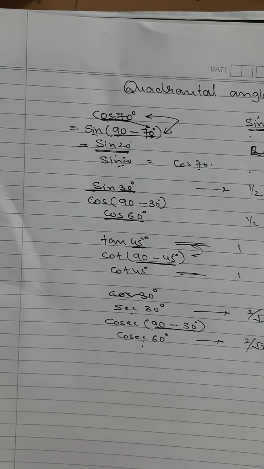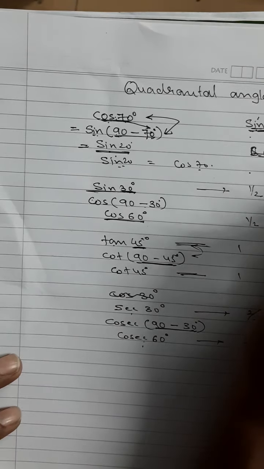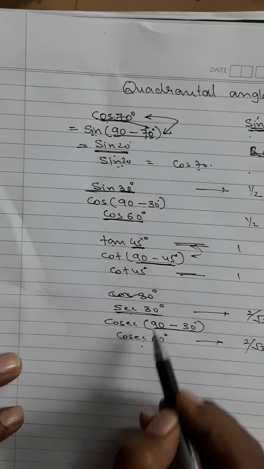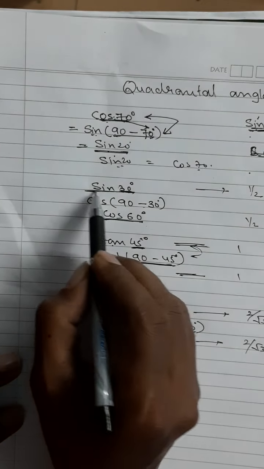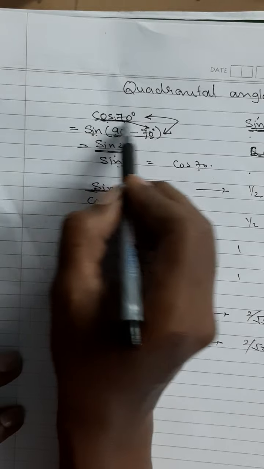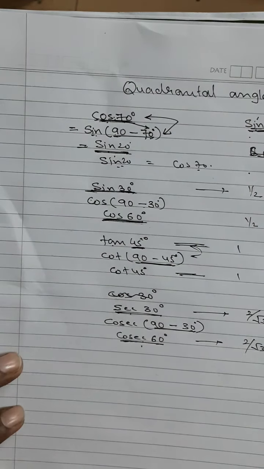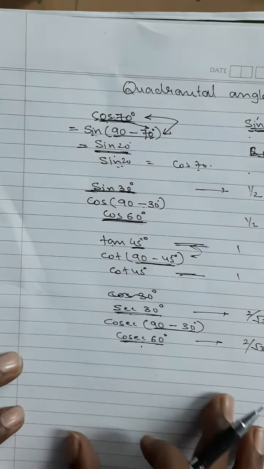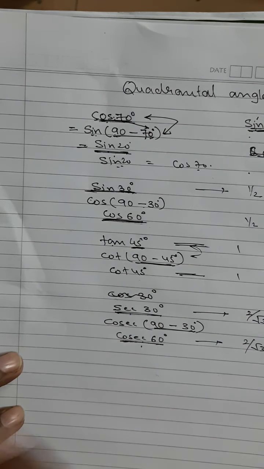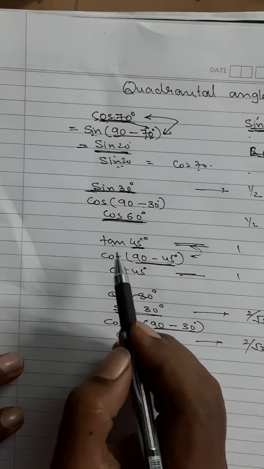This is true, that sec 30 is always equal to cosec 60, sin 30 is equal to cos 60, cos 70 is going to be equal to sin 20. Now we don't know the values of those. But what I mean to explain is, how are you going to convert the trigonometric ratio to its quadrantal angle? That you have to remember. Okay, so that's what I am trying to explain.